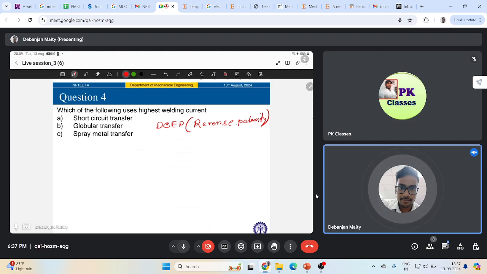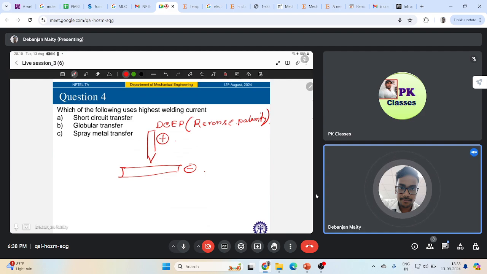This is also called reverse polarity. Over here, the electrode is connected to the positive terminal of the power source, right? So here the heating effect of the electrons is now at the tungsten electrode rather than at the workpiece, because your electrode is connected to the positive terminal and the workpiece is connected to the negative terminal. So heating will be more at the tungsten electrode side,